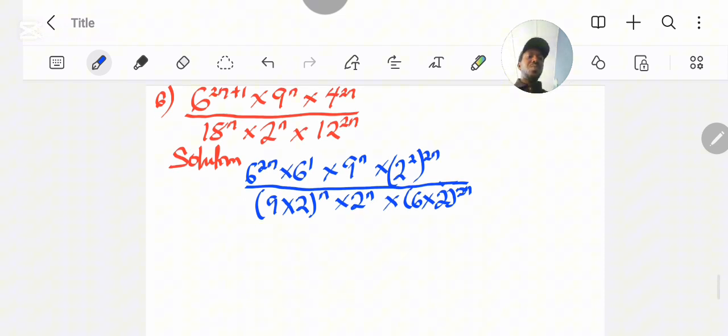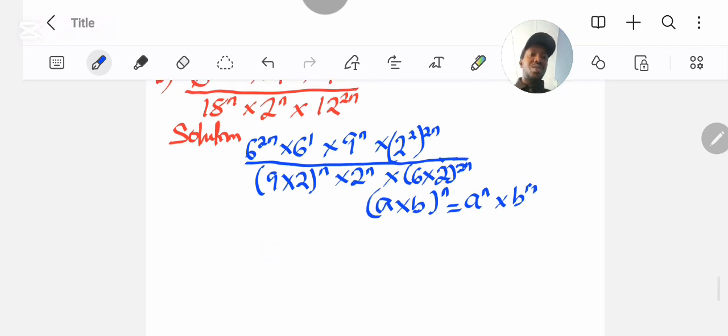Now from here, we know that a times b raised to power n is the same as a raised to power n times b raised to power n. So it's the same as giving each of the contents of this bracket the power: the a takes the power of n, the b takes the power of n as well. So using that principle here, we have